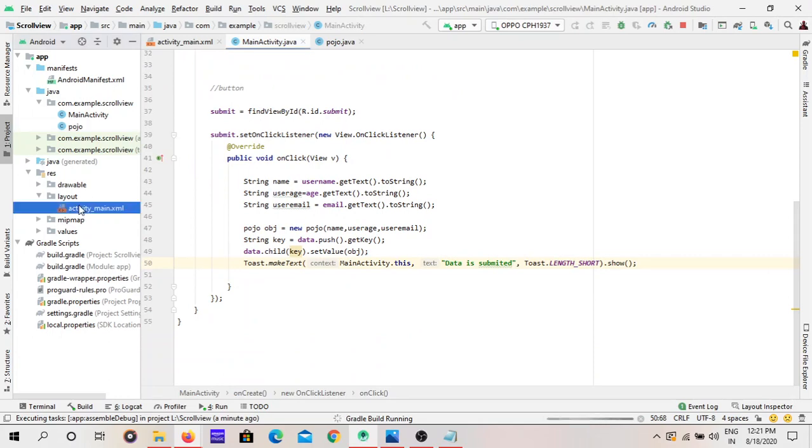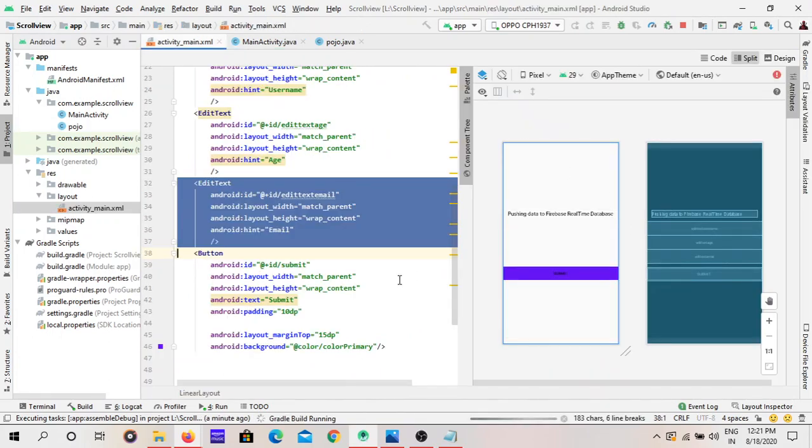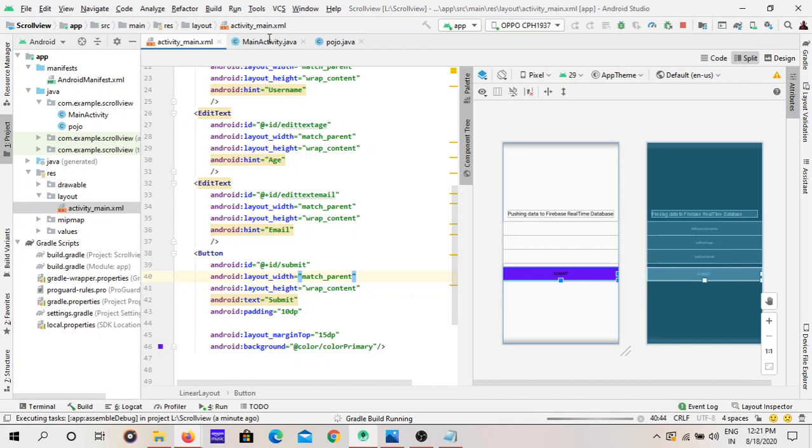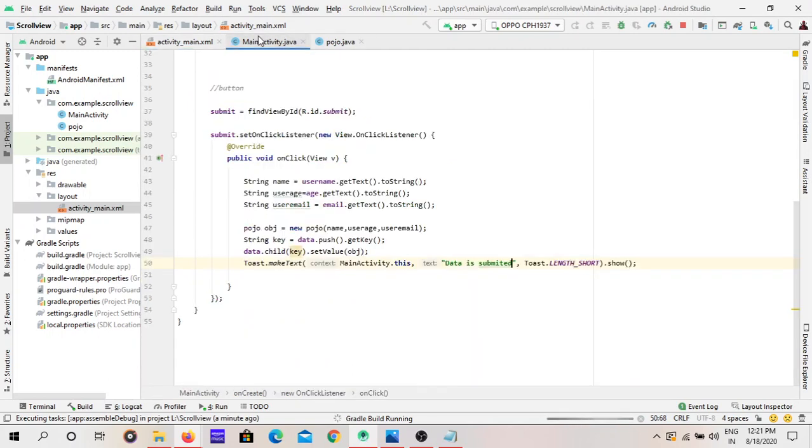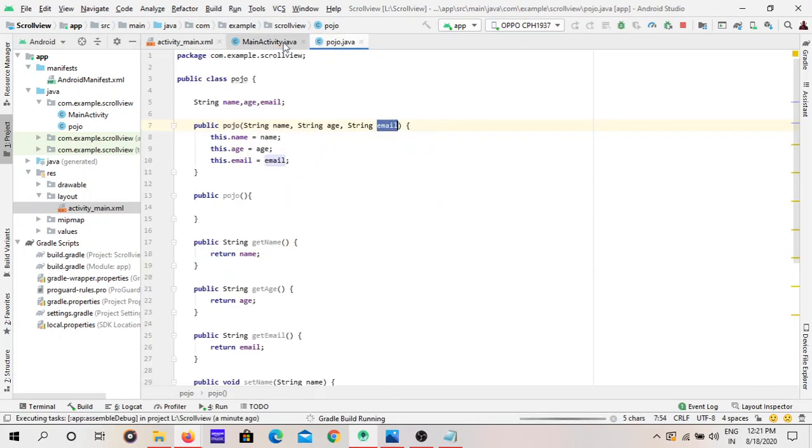See, this is the activity we created. For this we require two Java classes: one is MainActivity.java and the other is the POJO class. We require this POJO class to push the data.